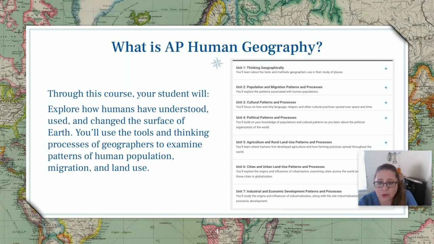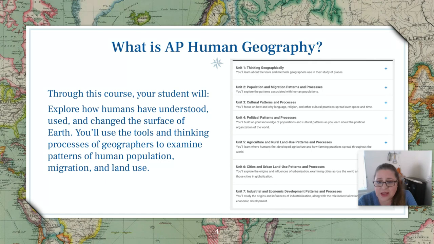We look at agriculture and rural land use. So, why is the agriculture of a region the way it is? Where are the similarities? What are the farming practices, and how does that impact how society is within a certain region? We look at city and urban land use, urban planning, obstacles, consequences, the good and the bad